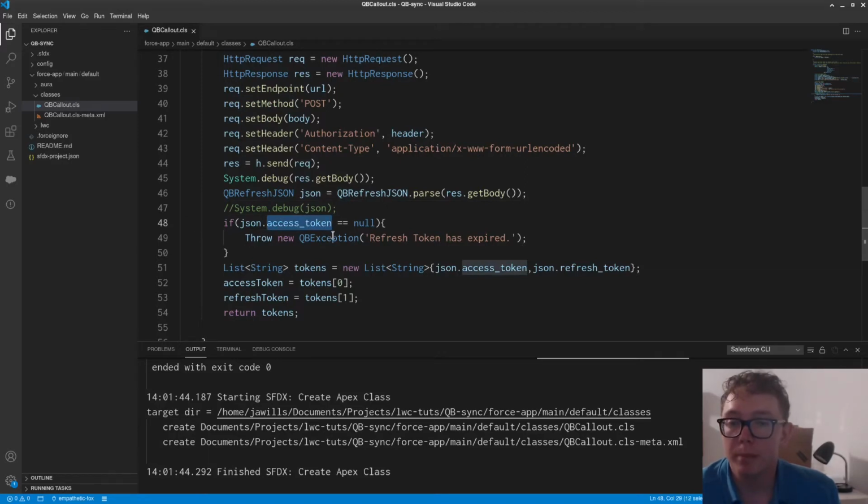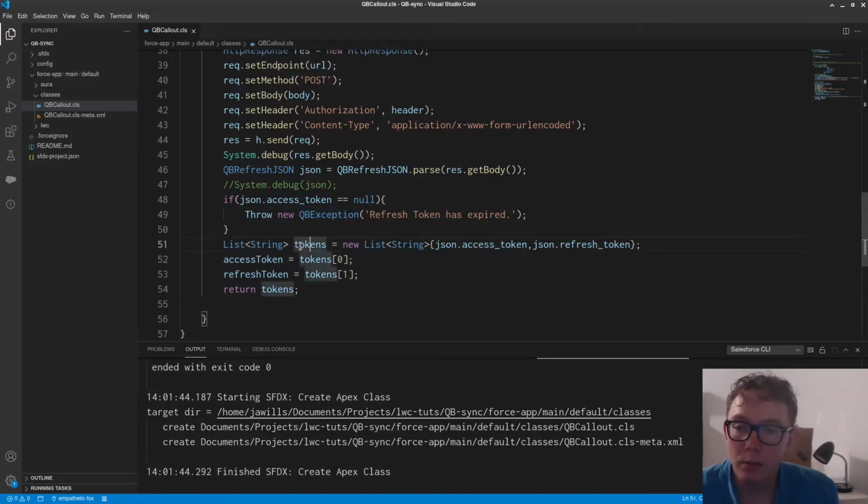Additionally, if the access token is null, that means the refresh token is expired. So we're going to throw a custom exception. And then what I've done here is just the return. We are creating as a list of string, which is the access token and then the refresh token. I think this is the best way of dealing with this. So then you can have two return values and not need a custom